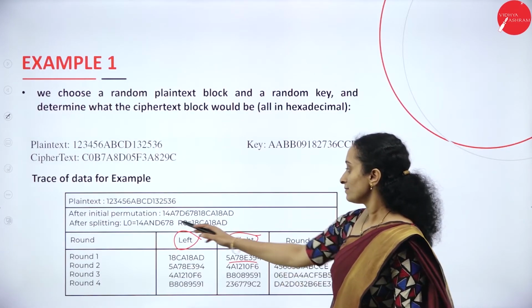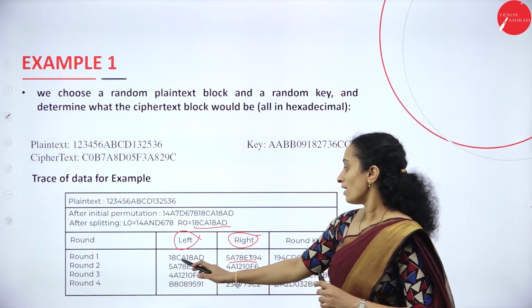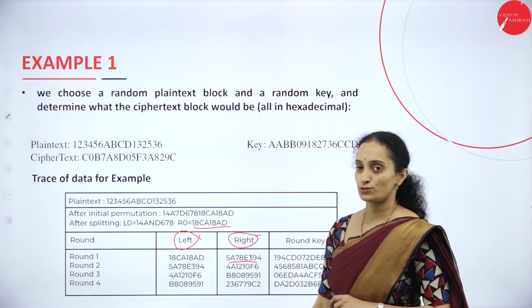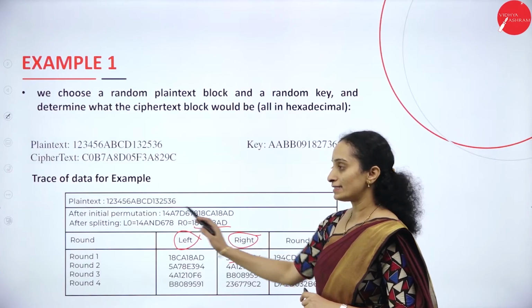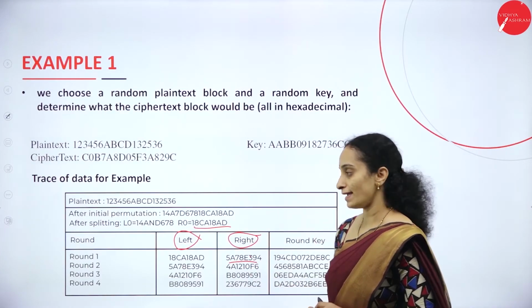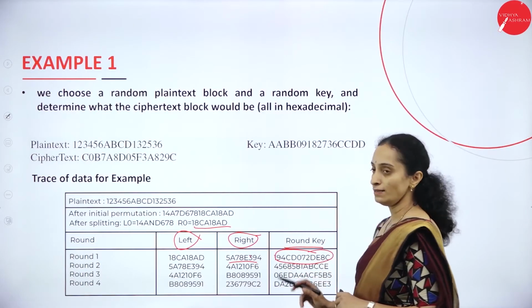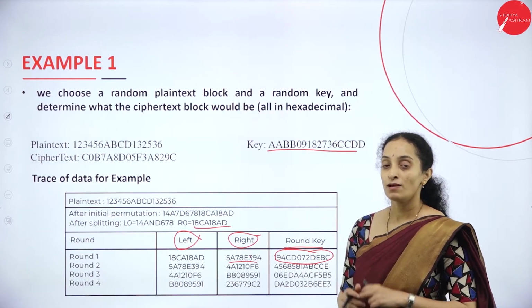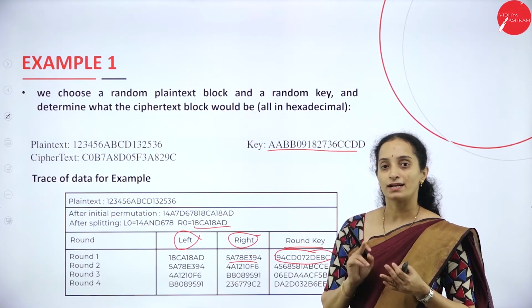Okay, which is permutated. Again it is shifted. Now at the end of round 1, it is shifted to the left using the swapper. L0 is shifted to the right. Now we use the round key, which was generated from this random key by dropping 8 bits of the 64 bits and another 8 bits.